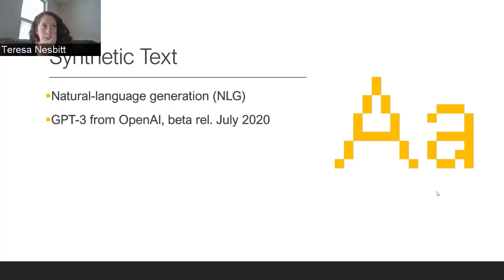And we're going to spend most of our time talking about the biggest, newest, shiniest banana in the banana stand in this field right now, which is GPT-3. It's software that was developed by OpenAI. It's been around in beta form since July of last year. And last September, Microsoft acquired exclusive license to GPT-3. And since then, it's started saturating the market. I think as of April, there are about 300 apps based on GPT-3 available in the market.